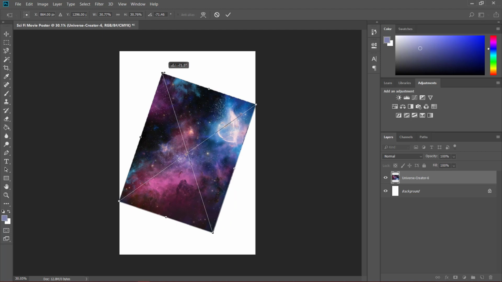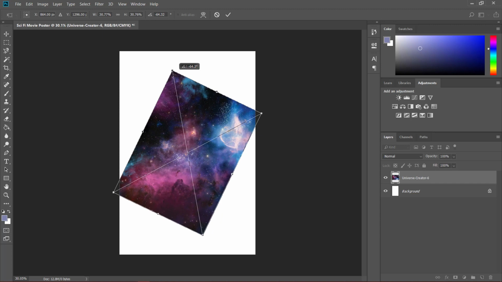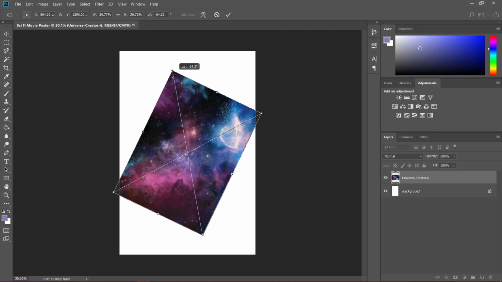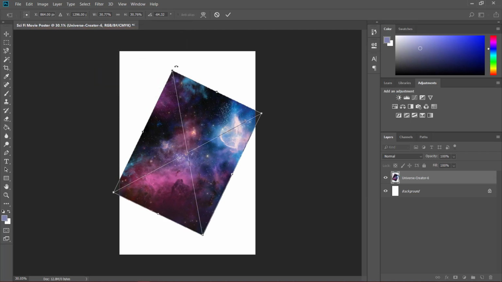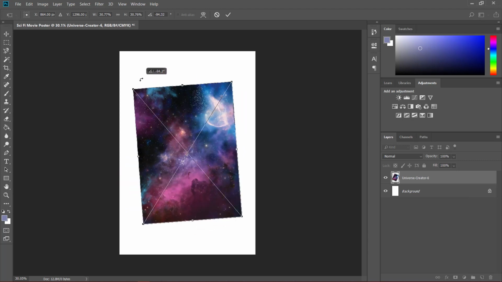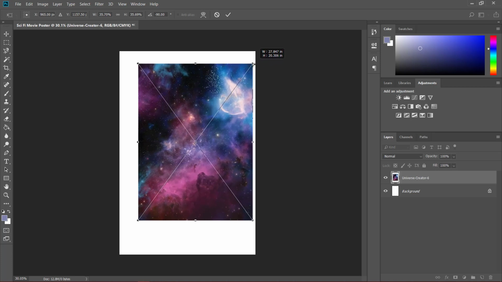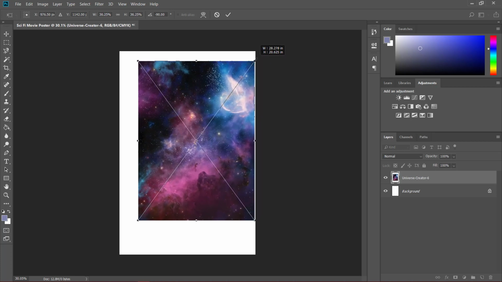So what I'm going to do is hold down Shift, and this helps to snap. So as I move this up, you should be able to hear me hit my key like that, and you can see that it automatically snaps as I hit my key. So this, oh no, this is Windows, isn't it? So when I hold my Shift key down, I'm going to snap it to 90 degrees. Done. And then if I hold down Shift as I drag the corners out too, my Shift key will help